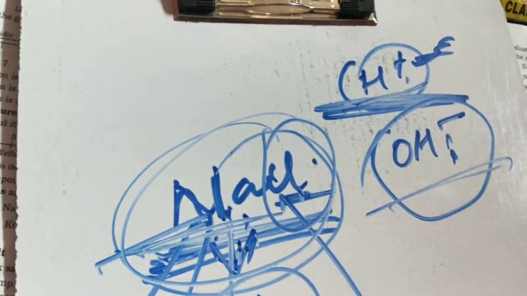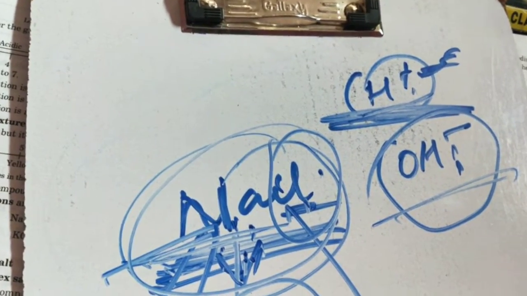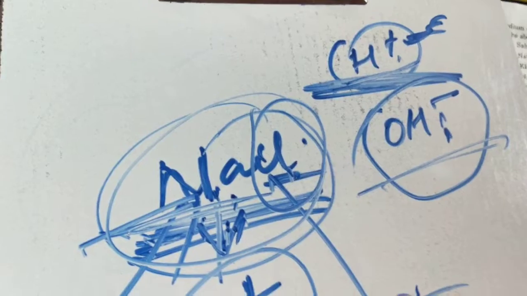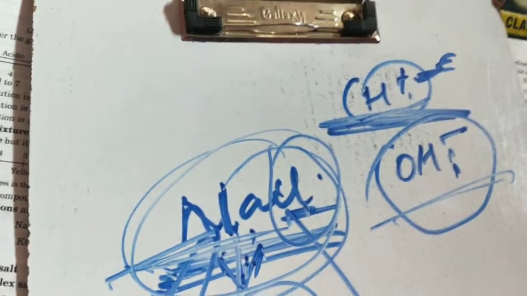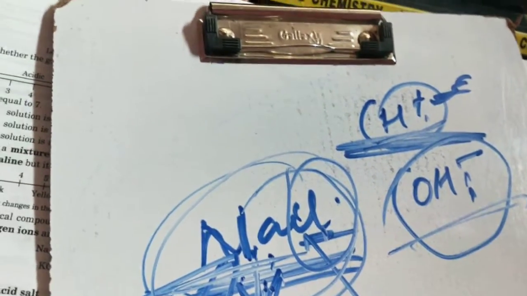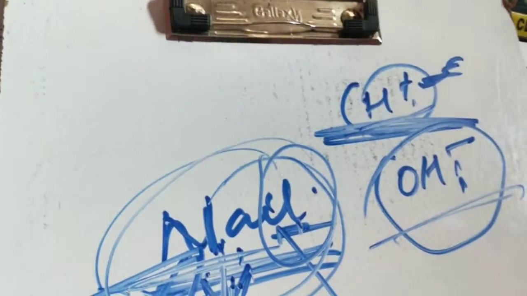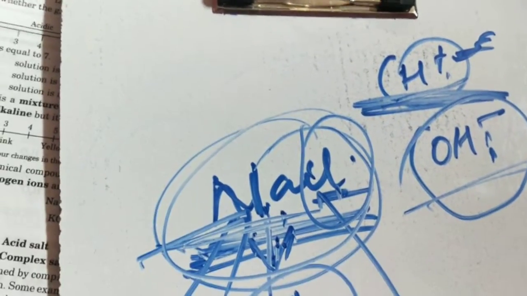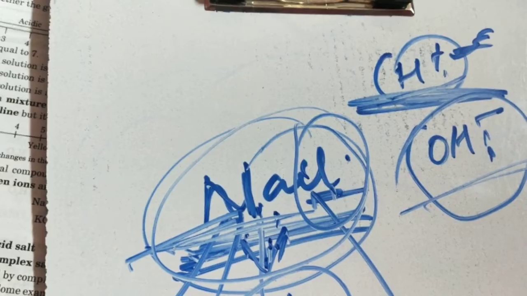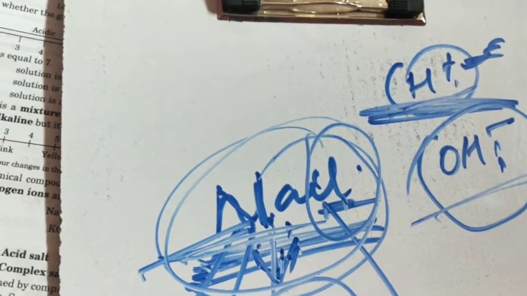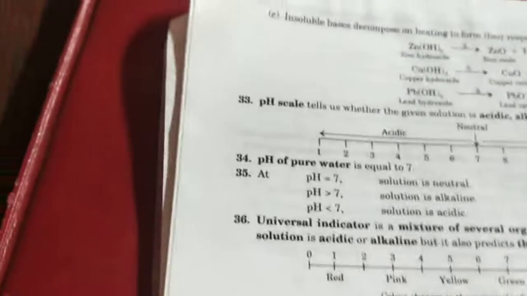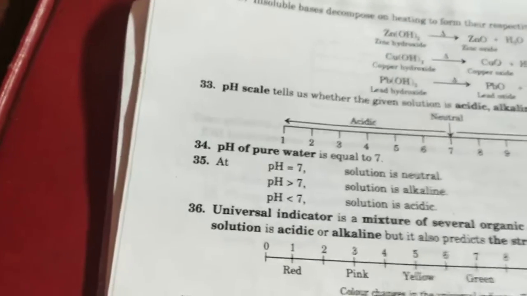If we are given some examples of compounds and you are asked to pick out the salt, then you learn this formula. Salt is the substance which contains at least one cation that is different from hydrogen ion and one anion that is different from hydroxyl ion. Now, there are types of salt.